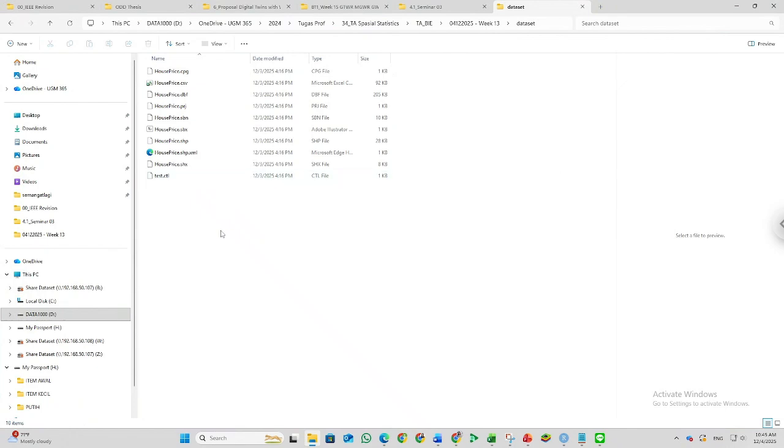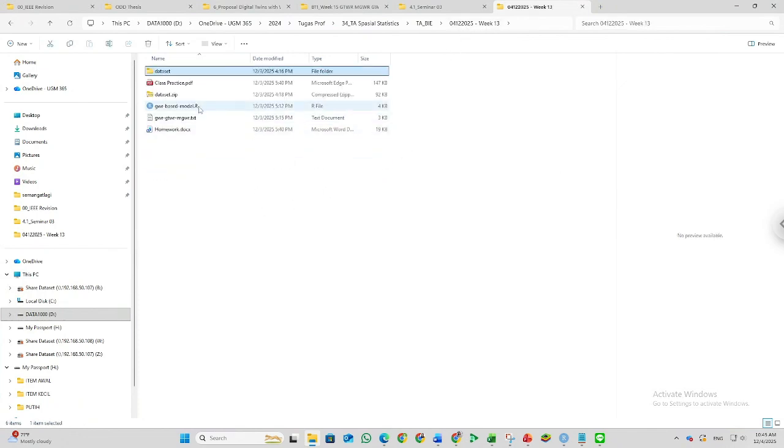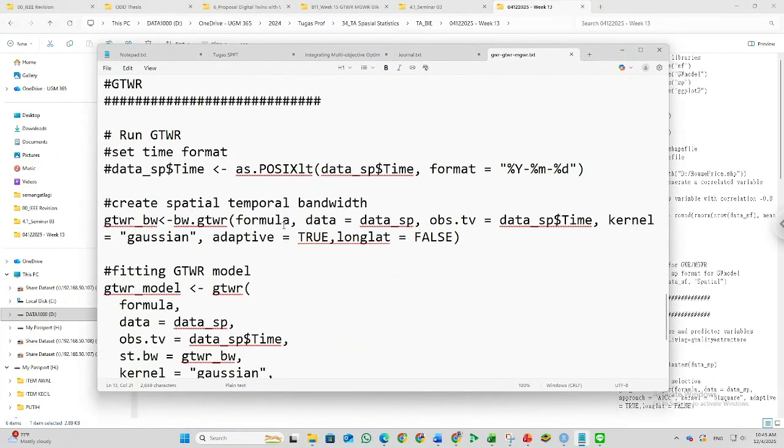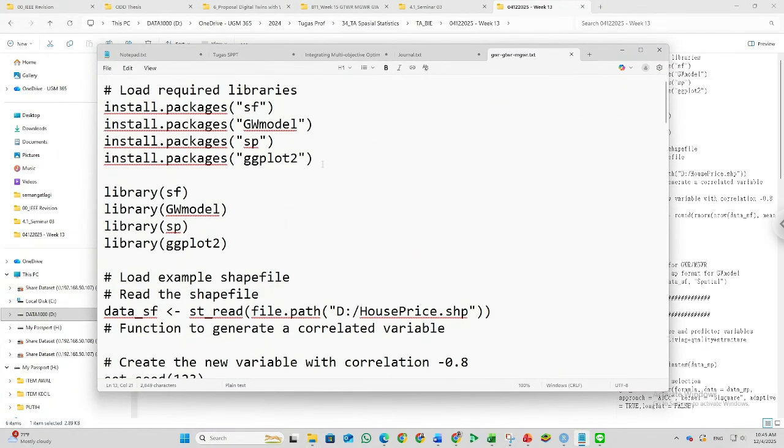You get the save file of the house price and also the CSV of house price. Note that this data is just dummy data, and you also have the txt file containing the R code to run this model.